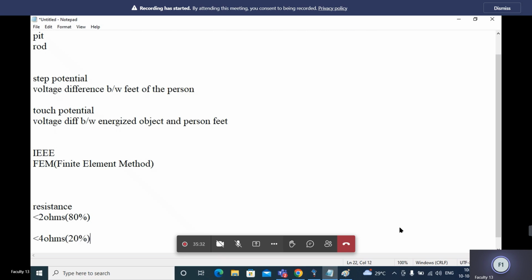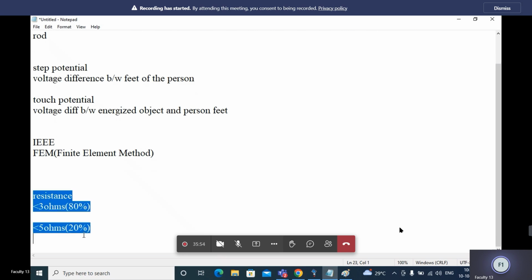Maximum they will expect less than 2 or less than 3 ohms. Some clients will give the rating as maximum 4 ohms or 5 ohms like that. So we need to consider step potential, touch potential, as well as resistance values.